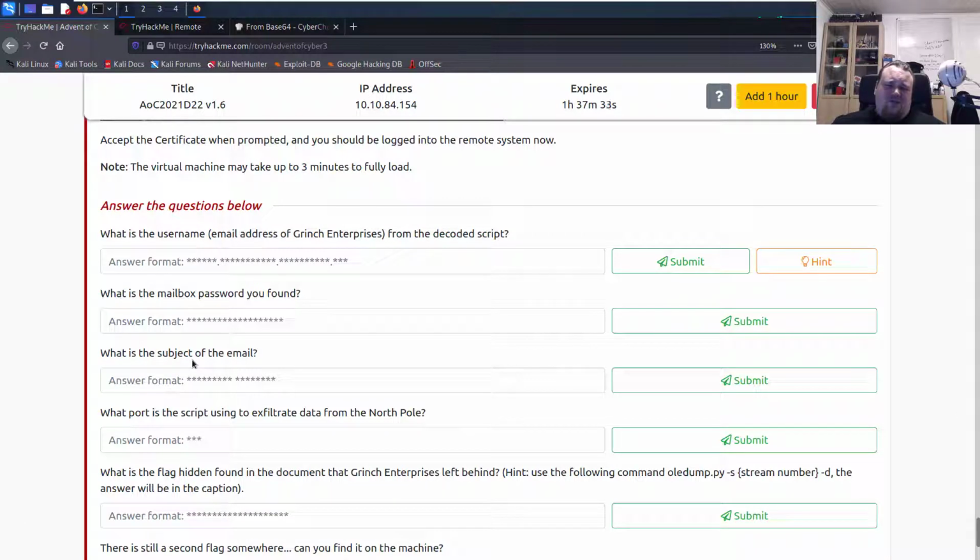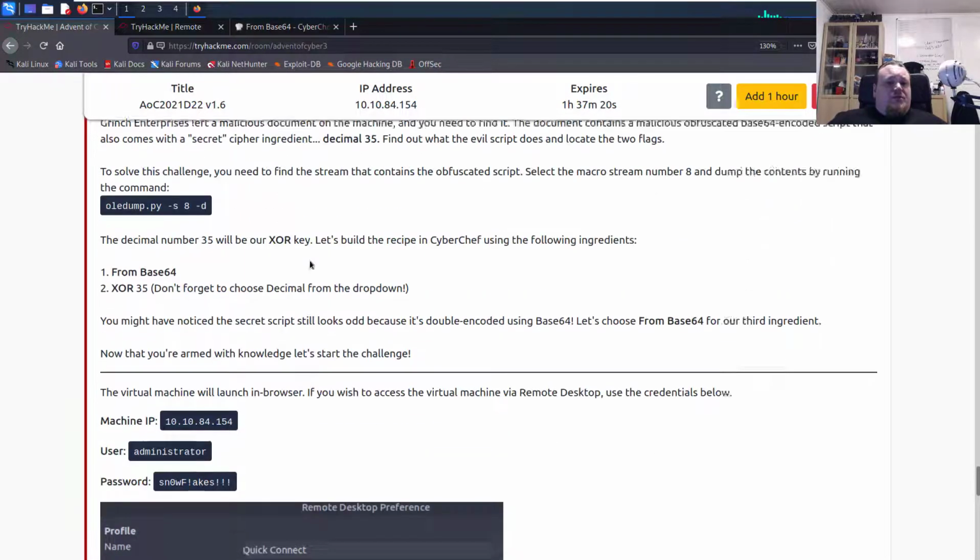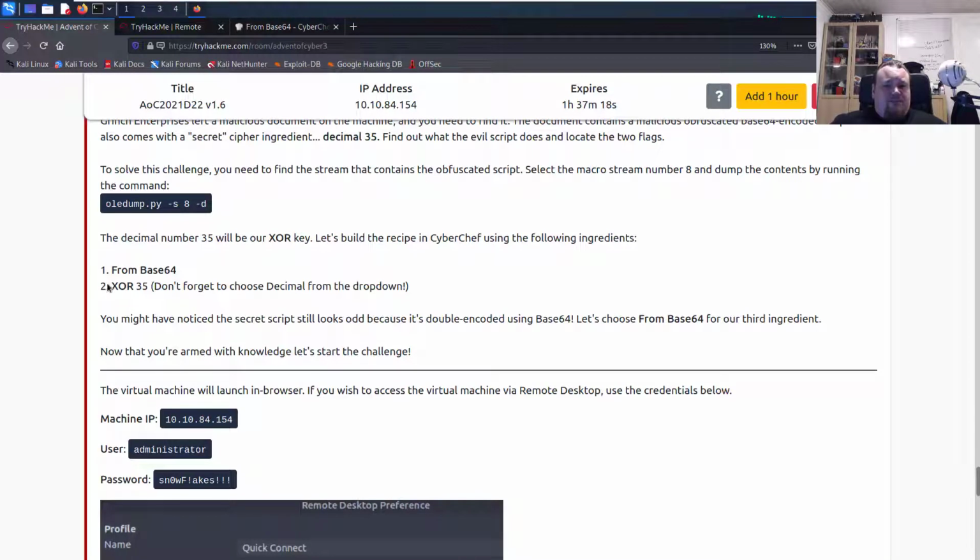So they want us to supply the username, email. What is the username from it? Okay, username. Anyways, so what we need to do here is they say first we're going to decode it and then XOR